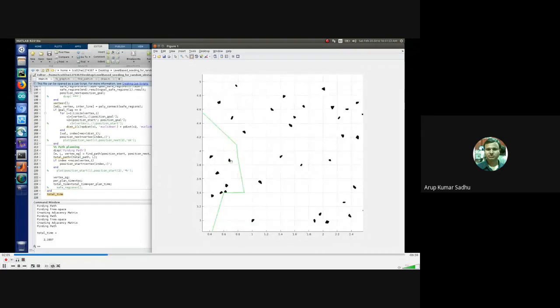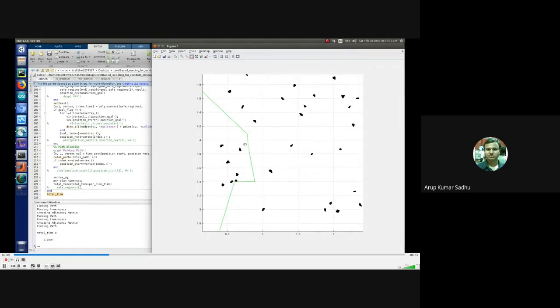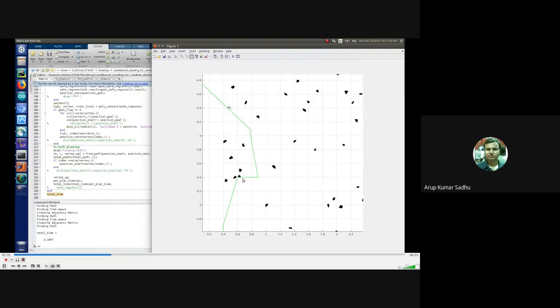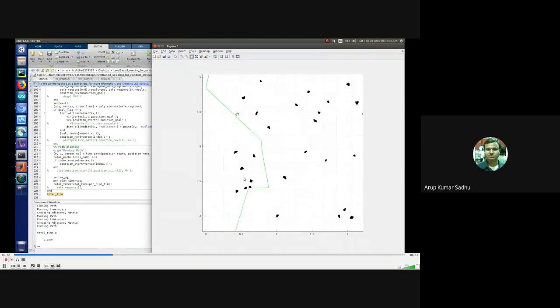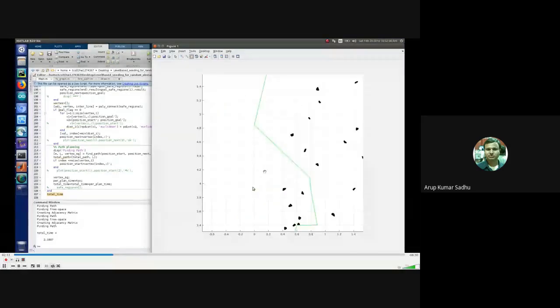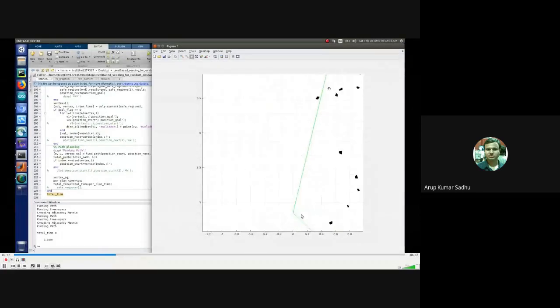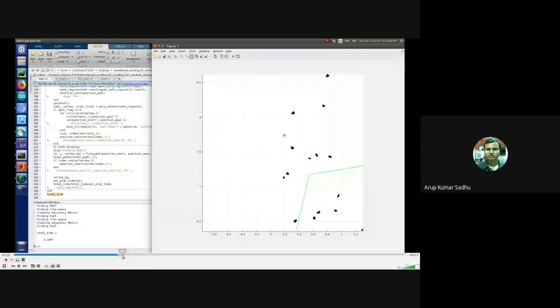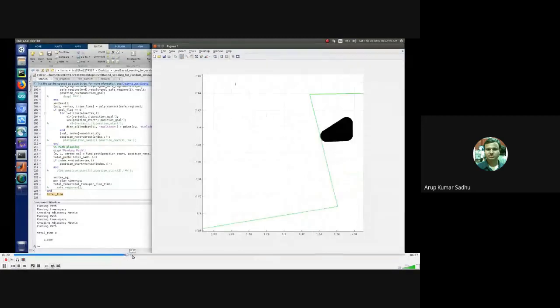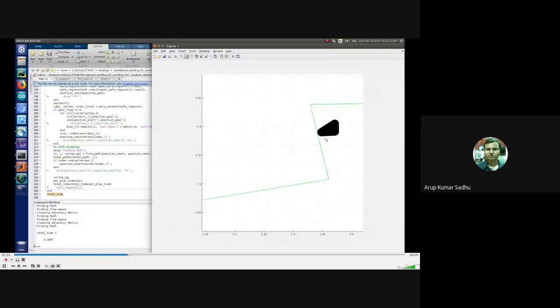And we have also checked whether it hits obstacles or not. That one is also checked. You can see here. I'm just forwarding this video a little bit because it's too long. Okay, so this is just checking whether it is hitting any obstacle or not. We can see whether it is hitting or not. It's not hitting.